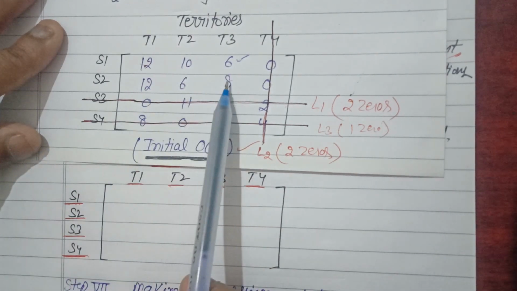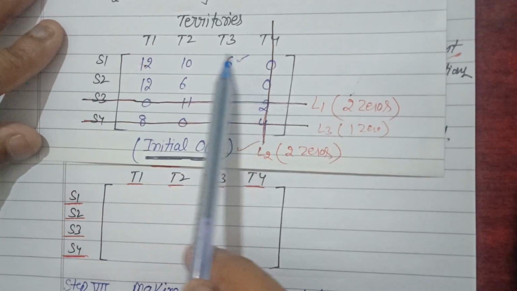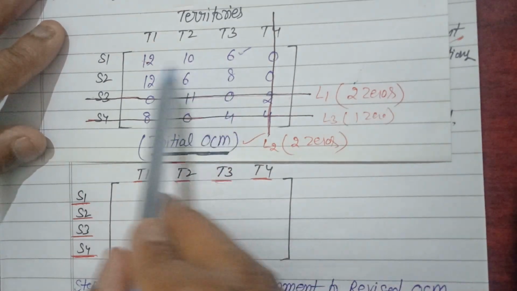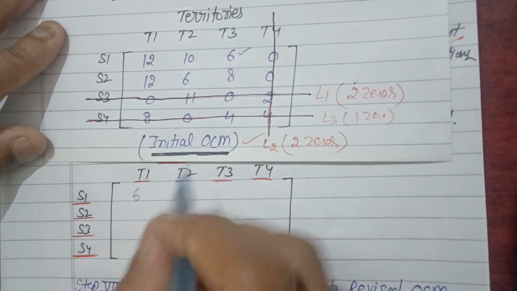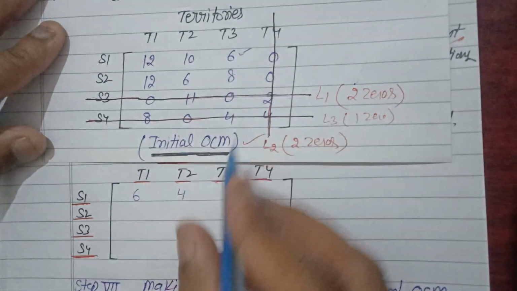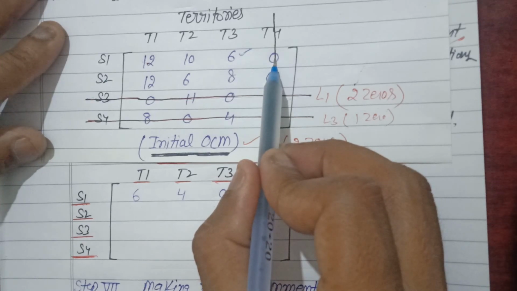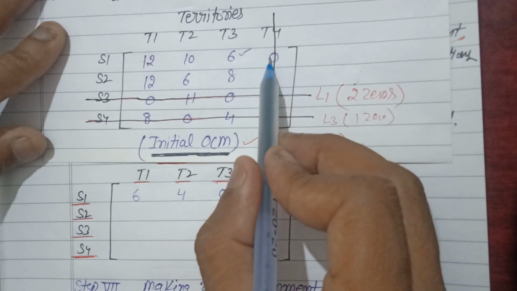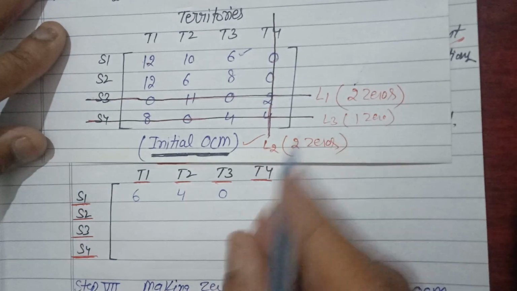Now in the second step we have to subtract this minimum chosen element from all uncovered elements in the new revised cost matrix. So let us subtract this 6 from this 12, then we will have 6. After subtracting this 6 from this 10, we will have 4, then we will have 0. Now this is a covered element, but it is not an intersection, so it will not be affected by any operation, and we write this element as it is.